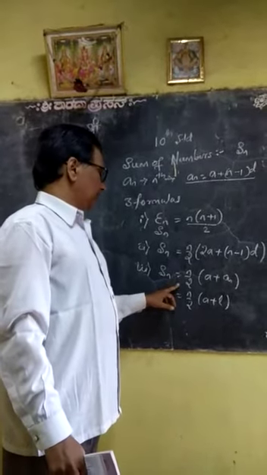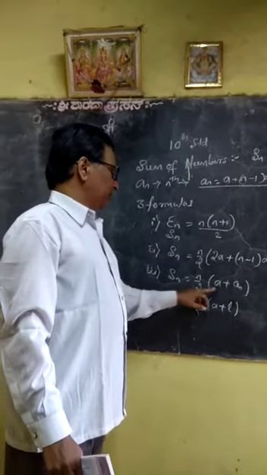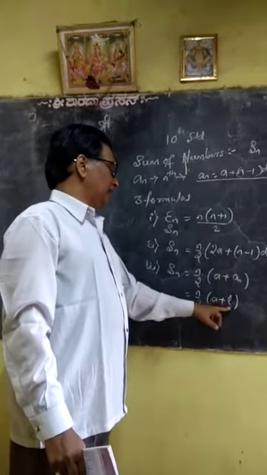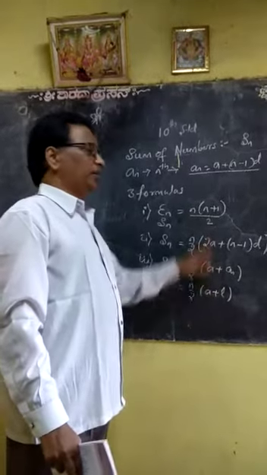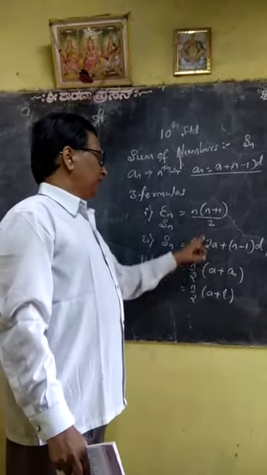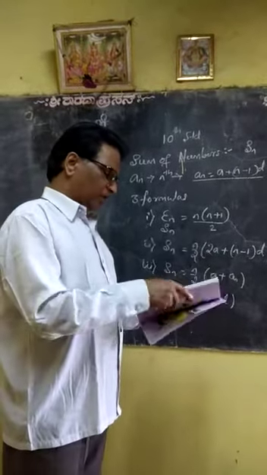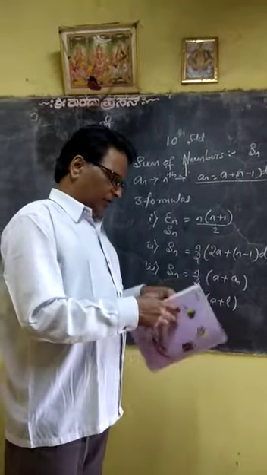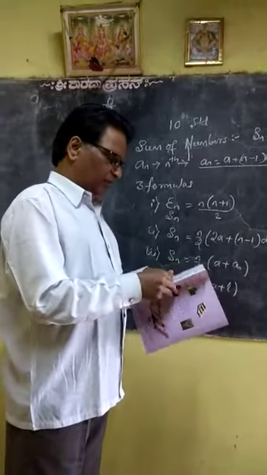in such a way, n upon 2 into bracket a plus an, where an is your last term, so n upon 2 into bracket a plus l. These three formulas are to be used. Remember these three formulas, then you can understand easily and solve the sums easily. So let us solve exercise number 1.3